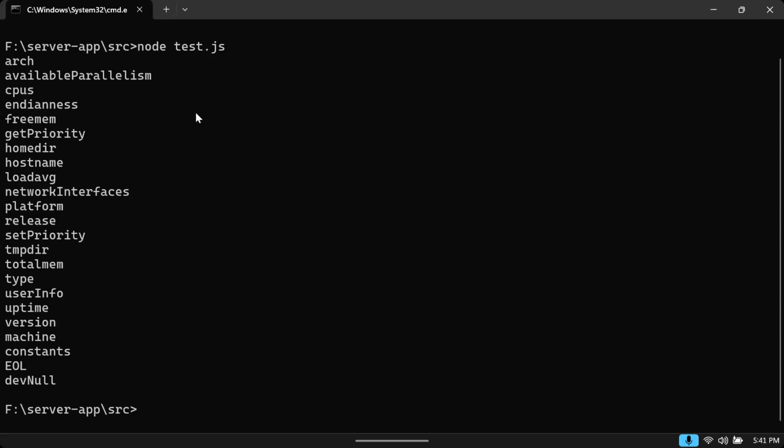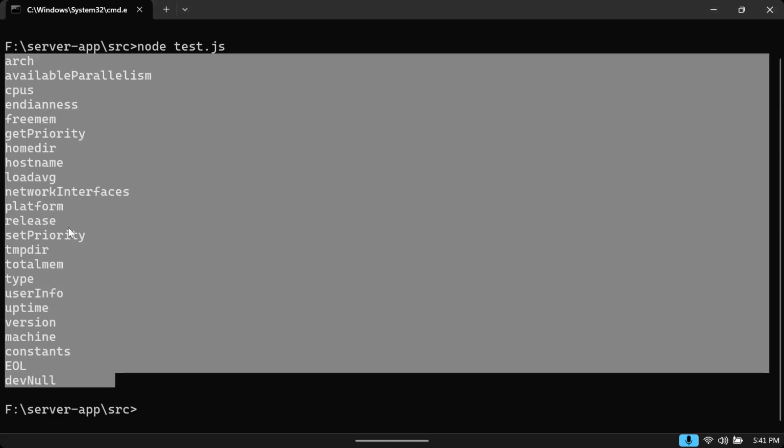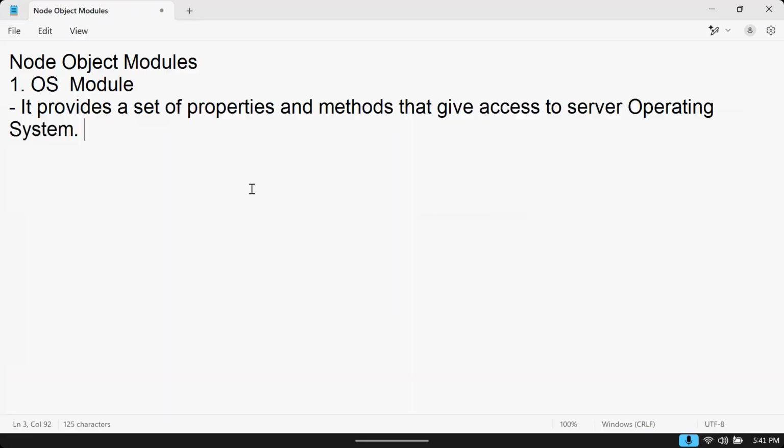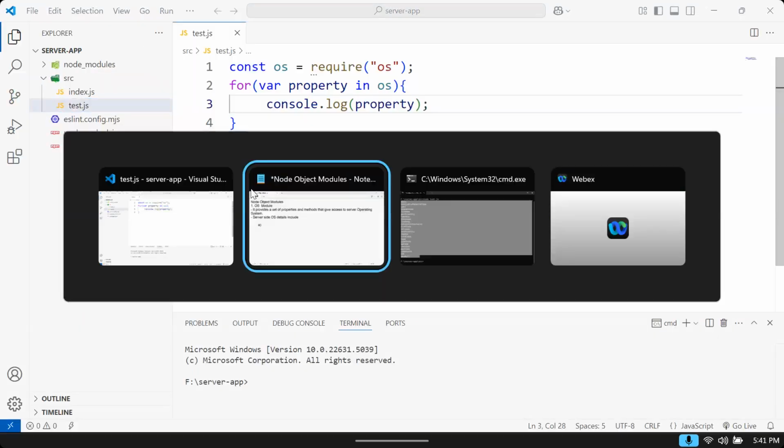For that, we need one object, and that server side object is OS. OS is a server side object that gets information about this. Actually, not all of it is required; some important properties are required from here. What are the important properties? See, the server side operating system details include